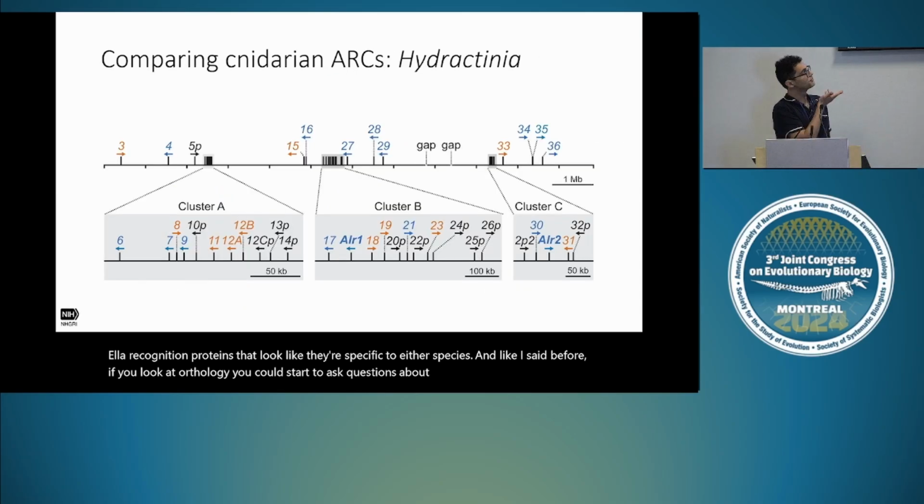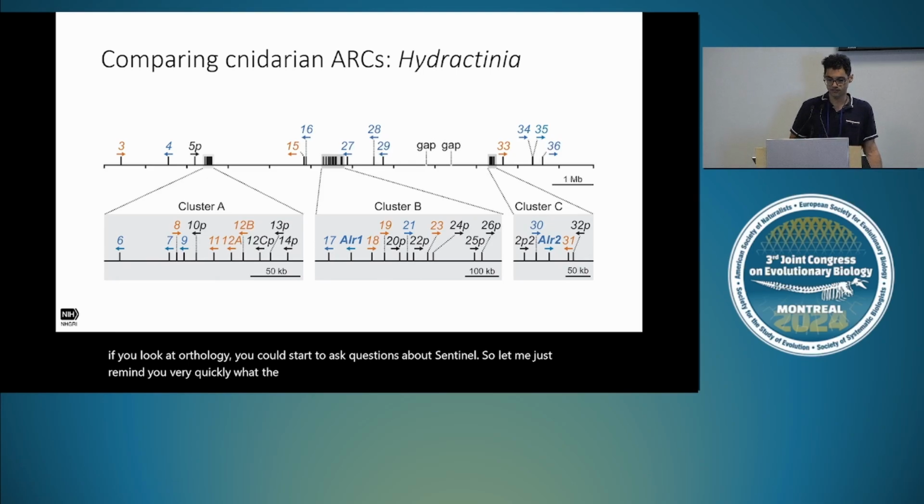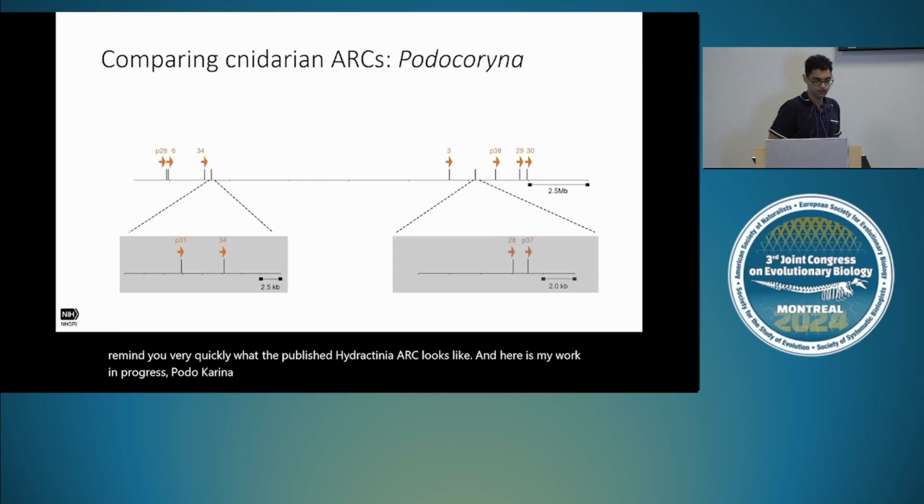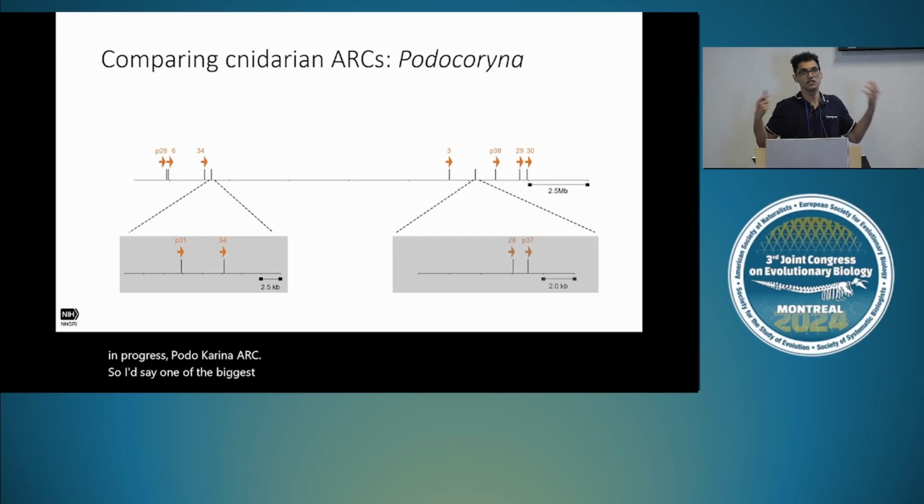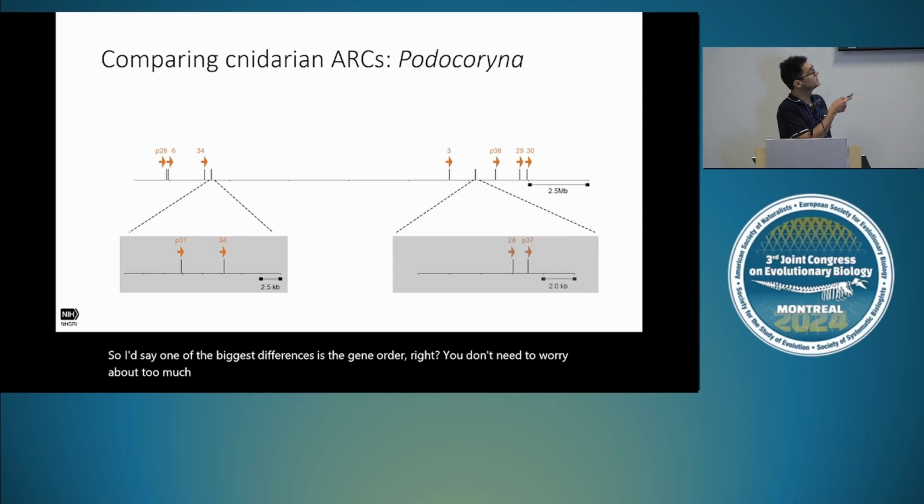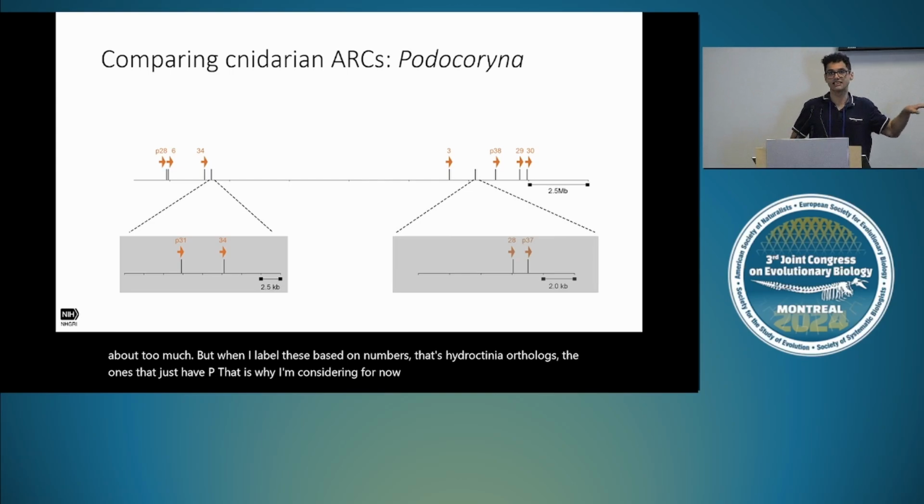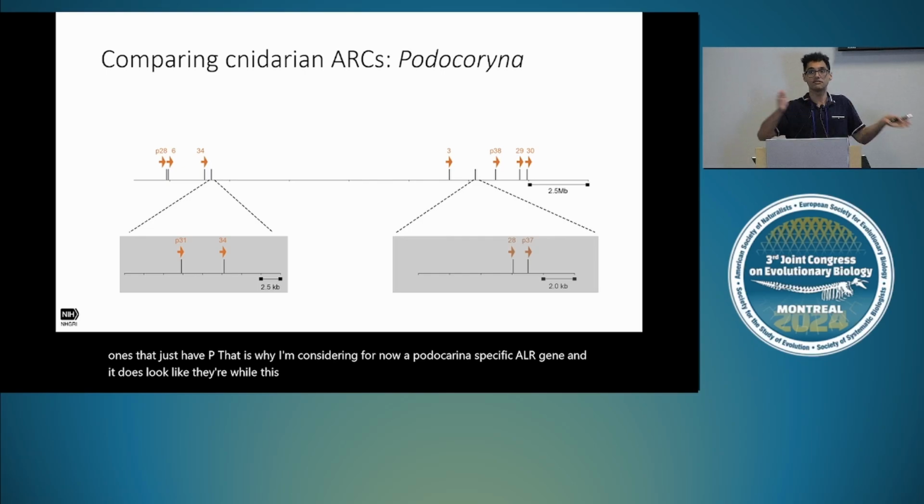So let me just remind you very quickly what the published Hydractinia ARC looks like. And here is my work in progress Podocarina ARC. I'd say one of the biggest differences is the gene order. When I label these based on numbers, those are Hydractinia orthologs, and the ones that just have P, that is why I'm considering for now a Podocarina-specific ALR gene. And it does look like while this is a bona fide allorecognition complex, we see these gene